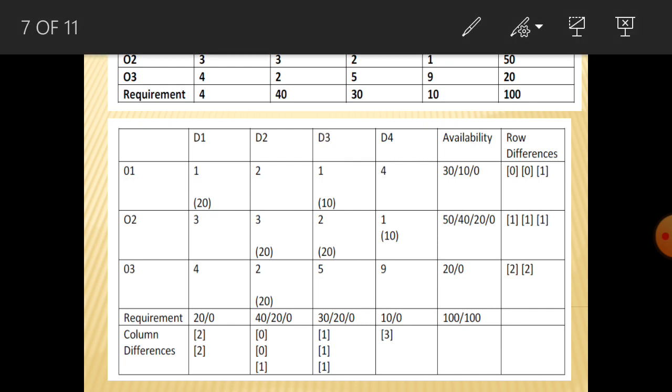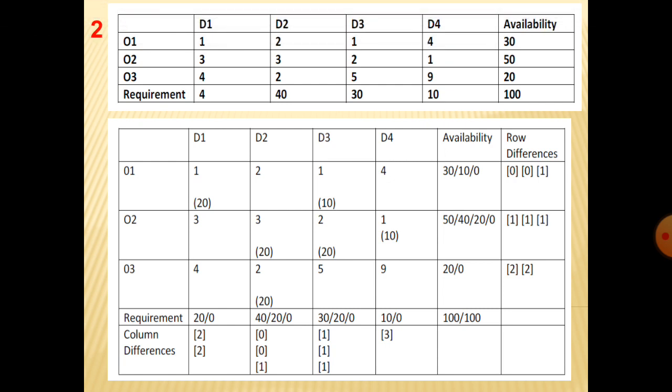And here one more allocation you can do here, 10. It is entirely satisfied. Only you have to eliminate the first row and first column, and the remaining you have to allocate. After allocating this,